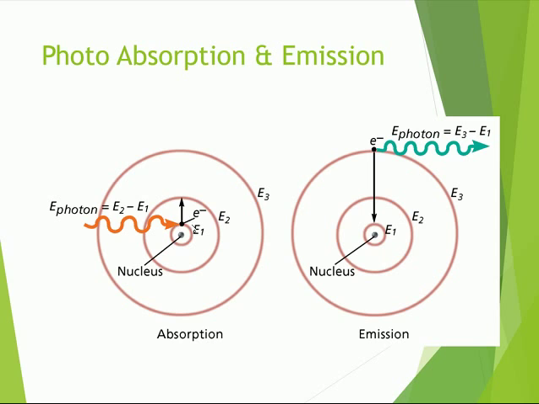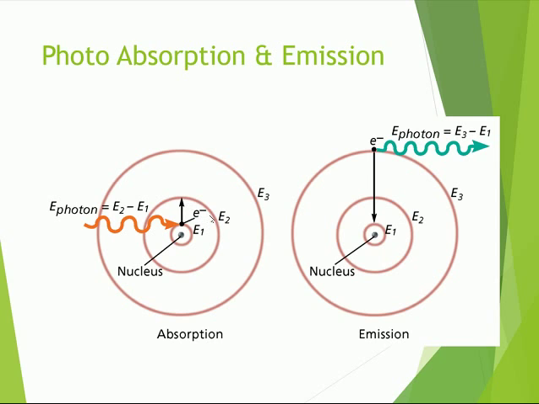Okay, this is hydrogen, remember, it's just got one electron moving around. It's one proton in the nucleus. And a photon, some form of electromagnetic radiation or light, comes in and is absorbed by the system. It adds energy to the system,